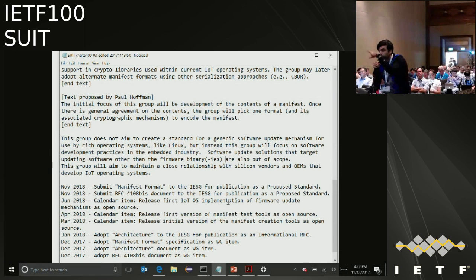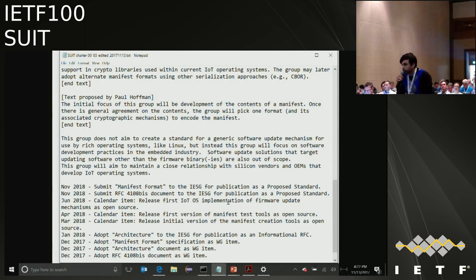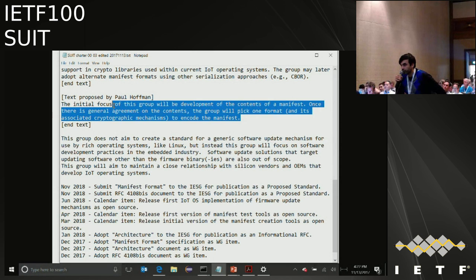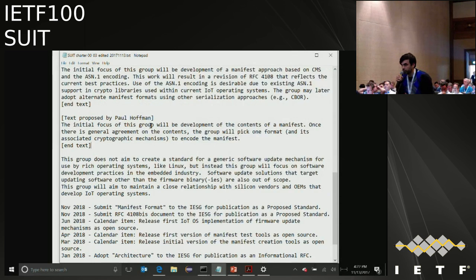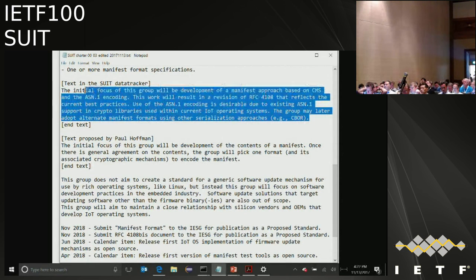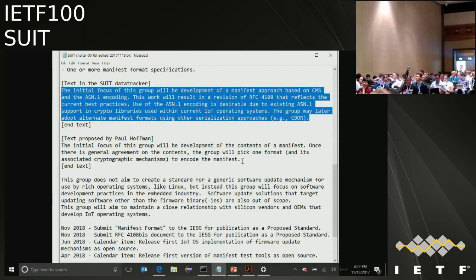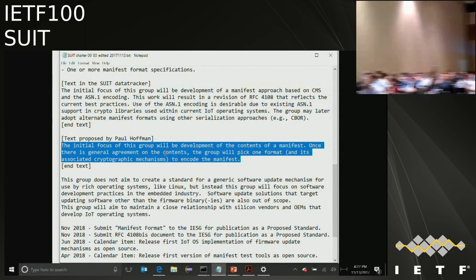Alexander Pelov. I'm just going to say, on another topic, about the text proposed by Paul Hoffman, I like this one better than the other little one. Okay. So I like the text proposed by Paul Hoffman better, and I think that it reflects better the discussions that were on the mailing list before we actually got the text. Right. I saw a number of people arguing on the list that there are things in here that they disagree with, and I haven't heard anybody picking on the text proposed by Paul, and so far I think there is,